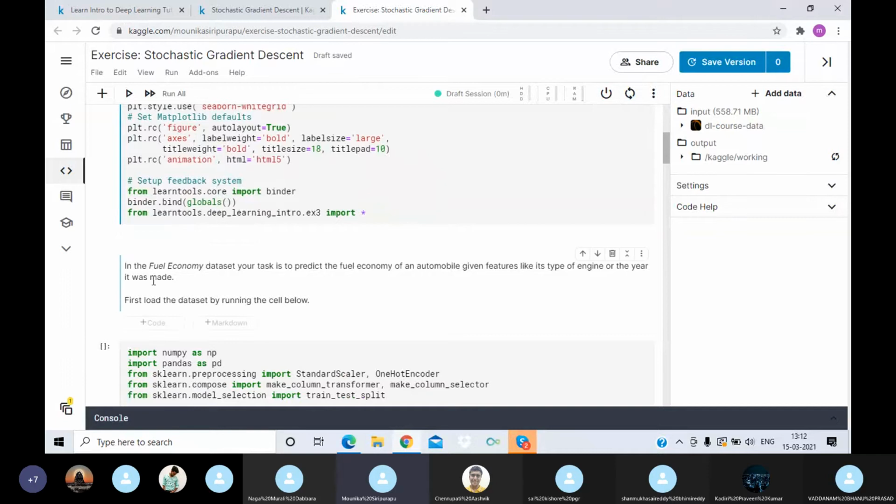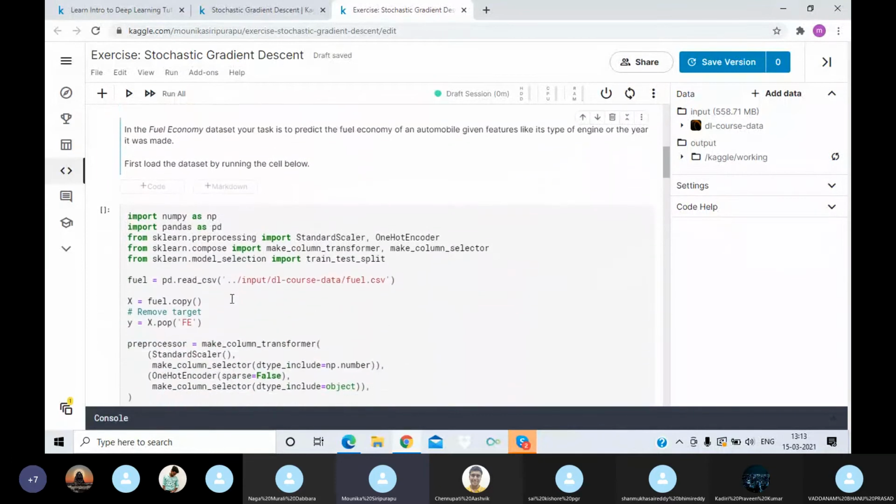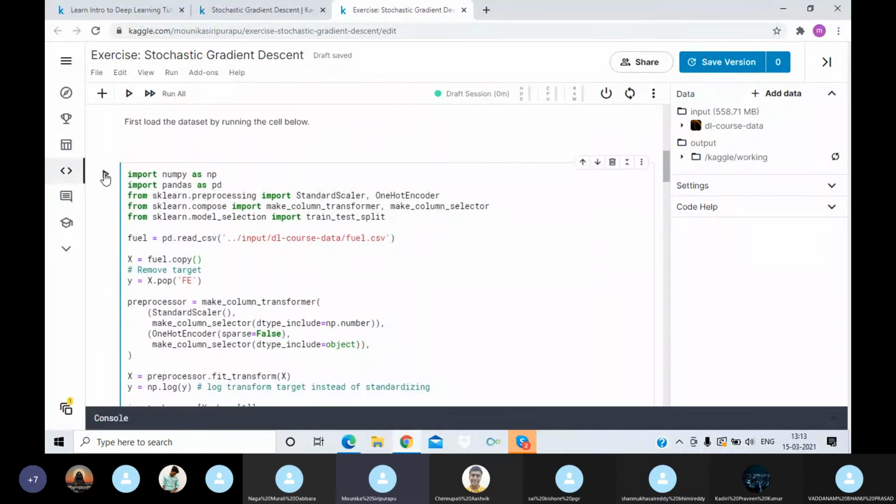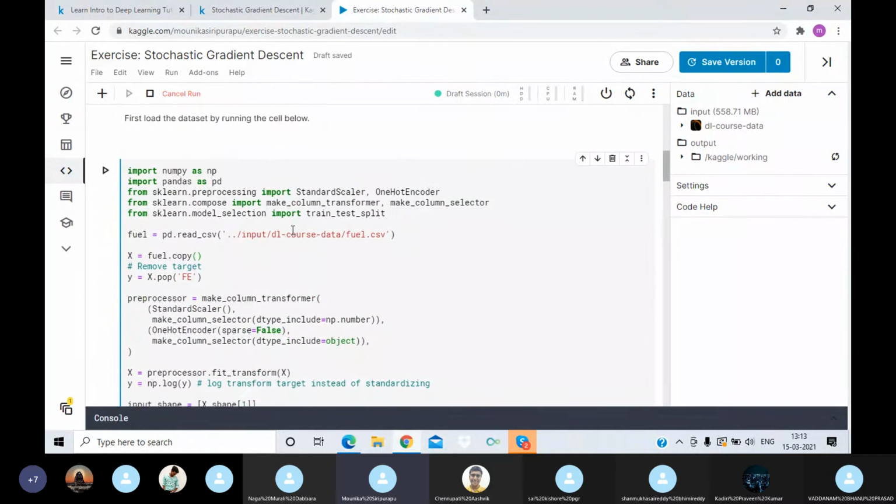Now it is set up, and in this fuel economy dataset, your task is to predict the fuel economy of an automobile given features like its type of engine or the year it was made. First, we need to load the dataset by running this cell.